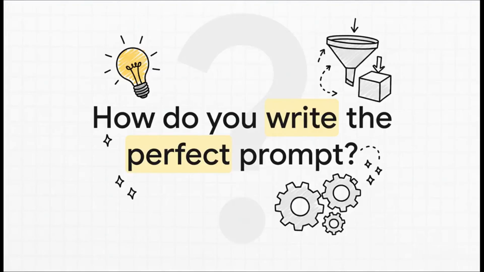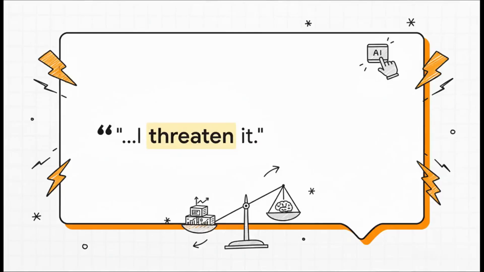This is the million-dollar question, isn't it? How do you write that perfect prompt to get exactly what you want every single time, without all the endless trial and error? Well, the secret is a little unconventional. And yeah, sometimes you threaten it. I'm not totally kidding. There's actual data out there that suggests adding stakes to your prompt can actually improve the model's performance. Use that one at your own risk.